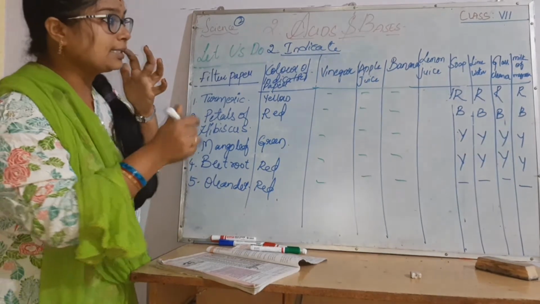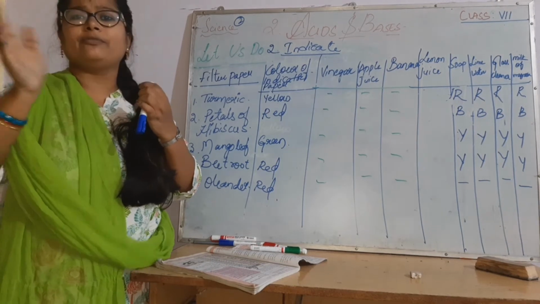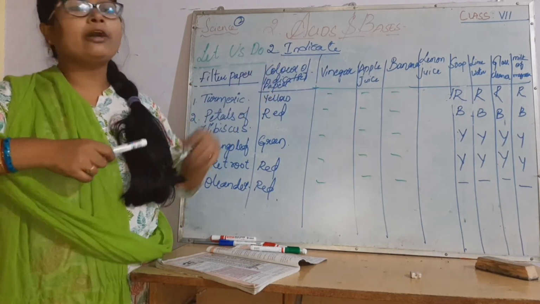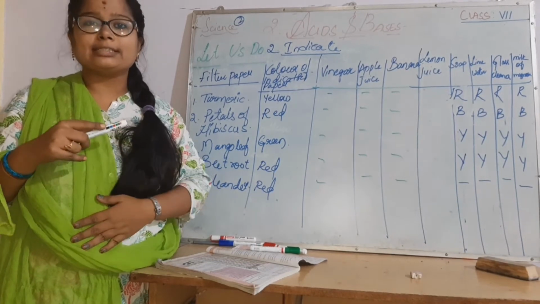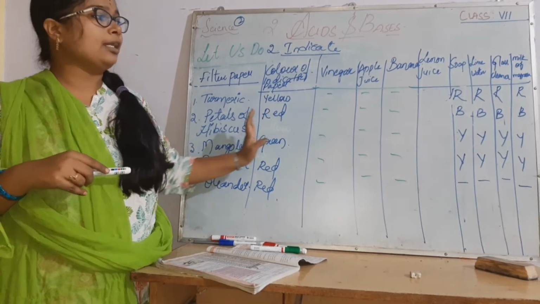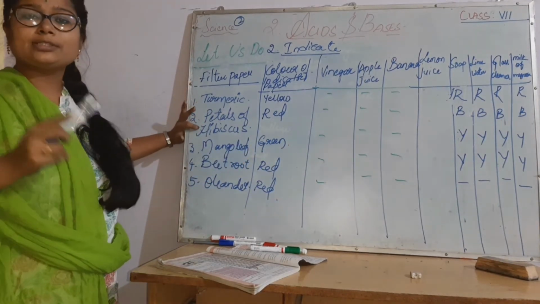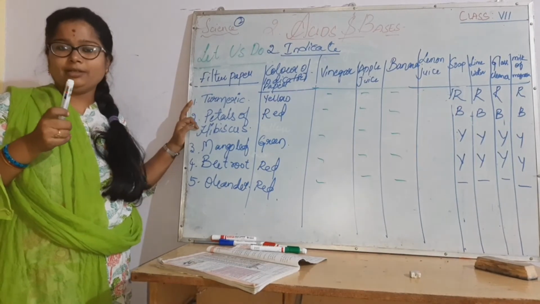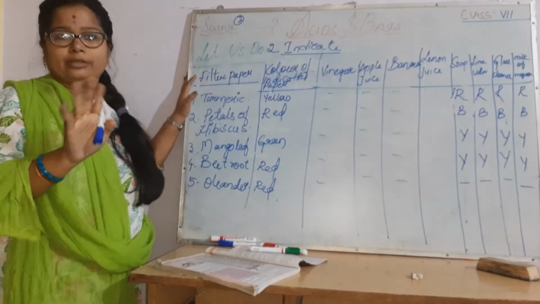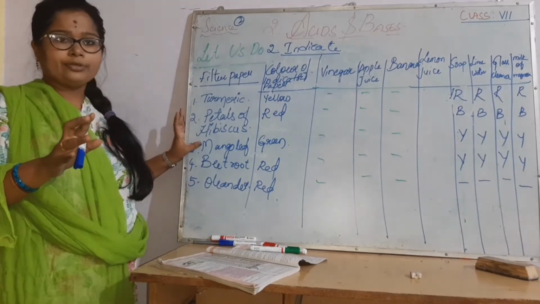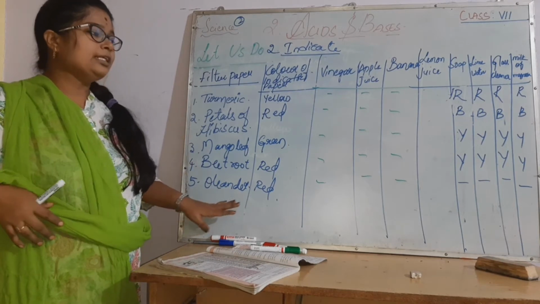And next, glass cleaner, any of your glass cleaners that you clean with. Milk of magnesia is a substance used to get rid of acidity in our stomach. These are all the substances. And turmeric. Petals of hibiscus are red in color, and when you rub them on the filter paper, they turn pinkish. Mango leaf is green, beetroot is red, and oleander is red.